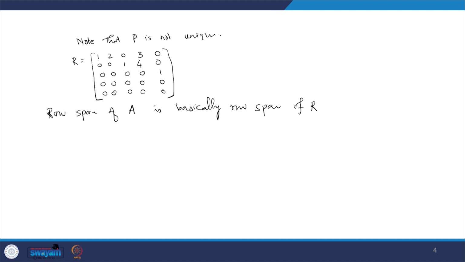We have already proved that all the non-zero rows of a row reduced equivalent matrix are linearly independent and span the row space of R. So, if I denote row 1 equal to 1 2 0 3 0, row 2 equal to 0 0 1 4 0 and row 3 equal to 0 0 0 0 1,